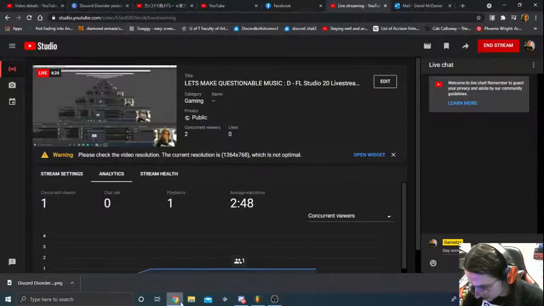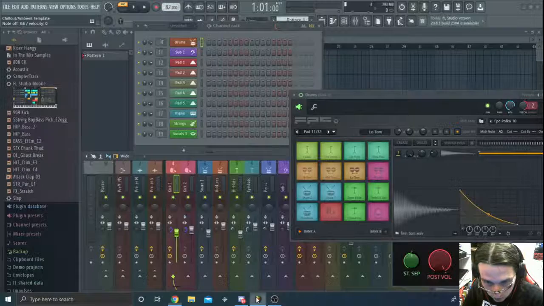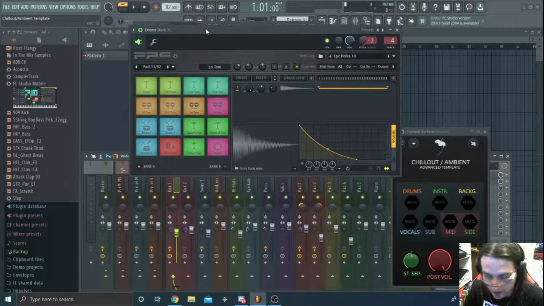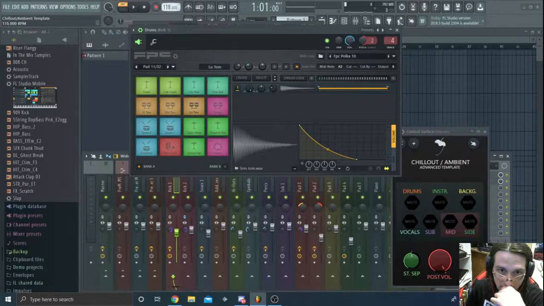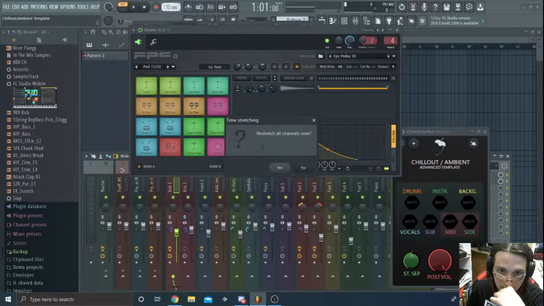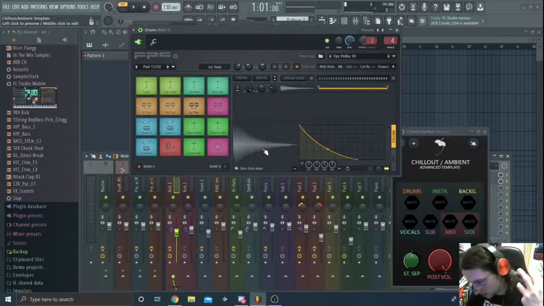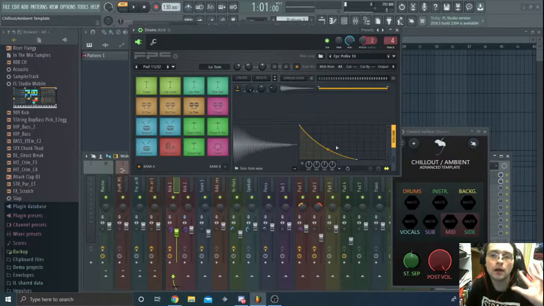Because I have this, it would be a lot easier to make music. But I also plan to buy a few more Akai controllers.